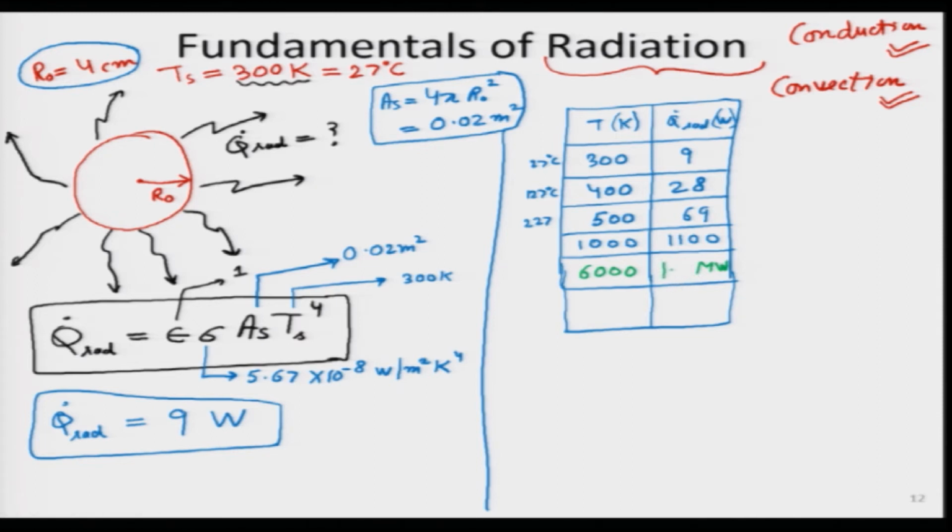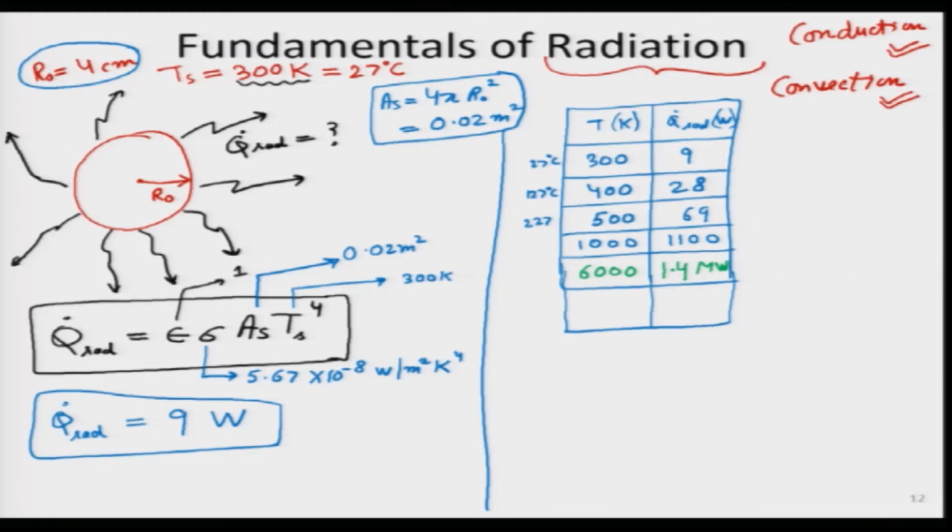So, it turns out 1.4 megawatt, and that is huge, which means if I am going to sustain that amount of heat loss, I have to supply power to it in order to keep its temperature the same. If I am supplying electric current or some chemical reaction or combustion is taking place inside it, just like how it is taking place inside the sun. So, we can figure out a huge amount of energy per second is required. So, 1.4 megajoules needs to be consumed through electrical heating, through chemical reaction in order to obtain this number.